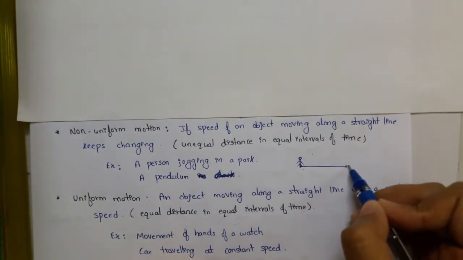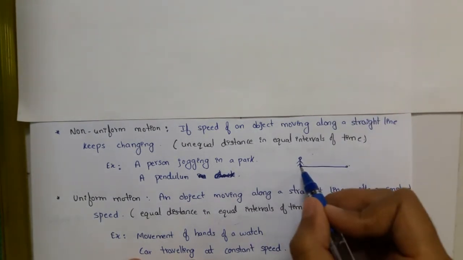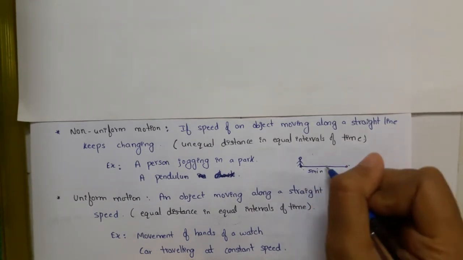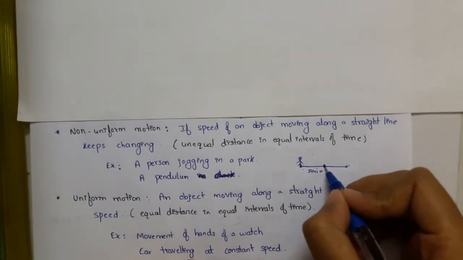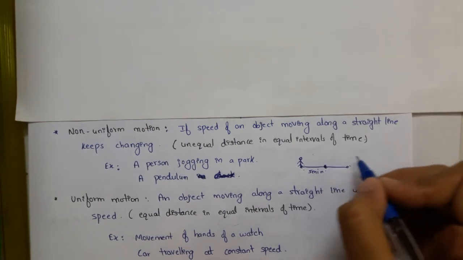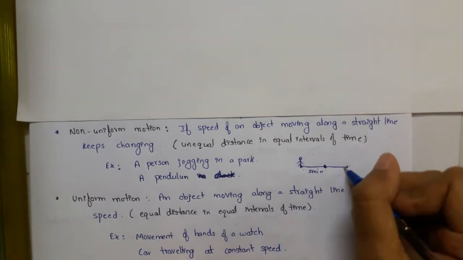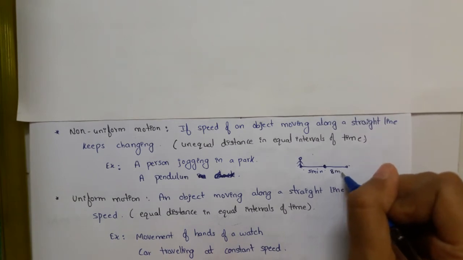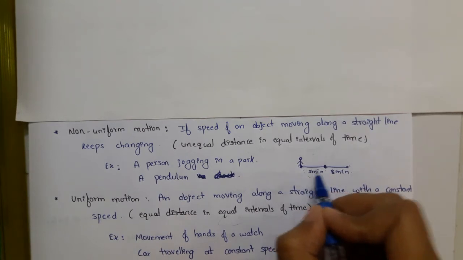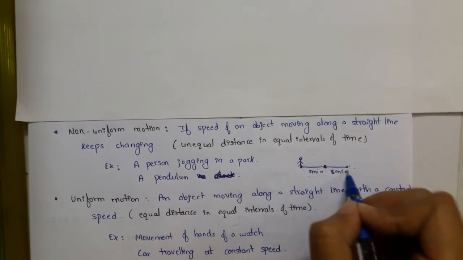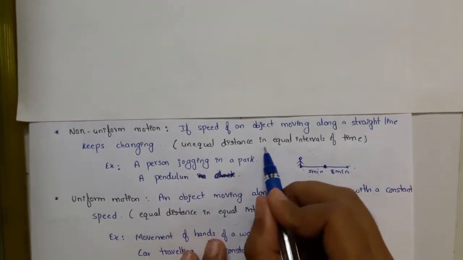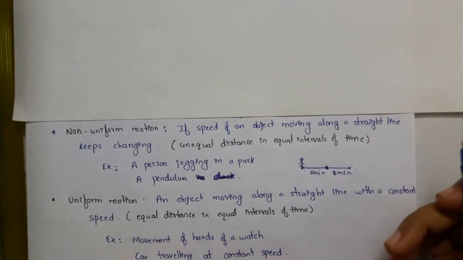So you need to reach the point here. You are jogging now. You start jogging and after 5 minutes you reach here. You stop here for some drinks, take a cold drink, and again you start to move to this point. You reach this point after 8 minutes. So the starting half you traveled in 5 minutes and the later half you traveled in 8 minutes. So this is unequal time for equal distance.